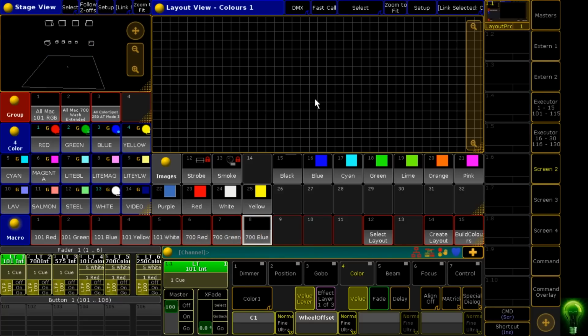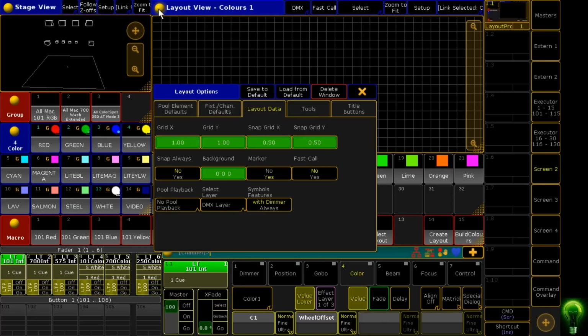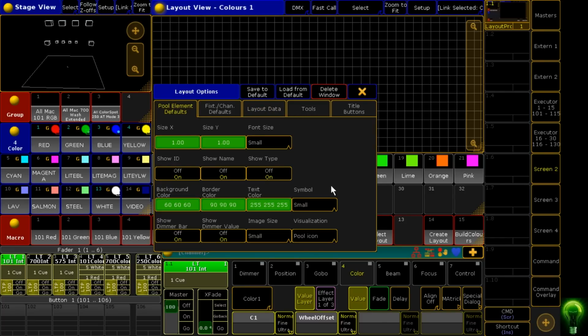Now we need to import it in here. So in the guide that we gave, we said that once you import it in here, you've got to individually select every one and change a couple of options. In 3.1, we've got a bunch of new defaults, so we can do some of the information that we wanted to. So by default, we don't want it to show name, we don't want it to show channel ID, fixture ID doesn't apply to us,